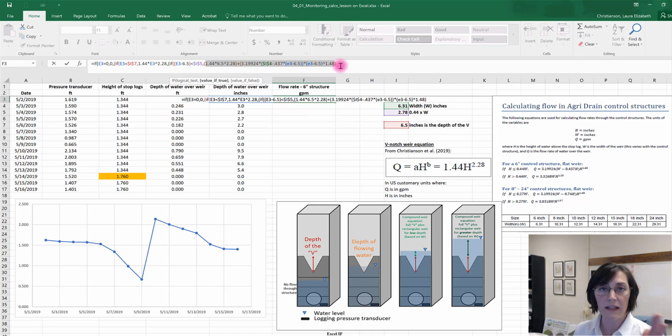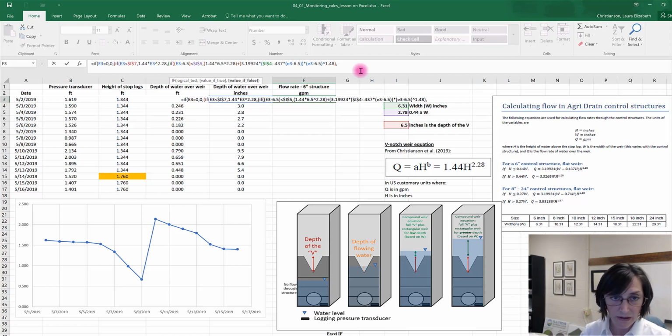That's my whole calculation. I still need this. The last part of that if statement is the case to calculate when this condition is not true. So the case to calculate when this condition is not true is this equation down here plus the V-notch weir equation.